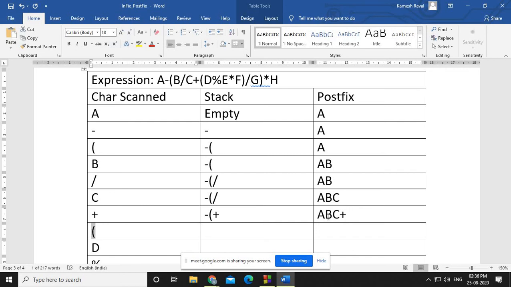It is again an opening parenthesis. So now minus, opening parenthesis, plus, and one more opening parenthesis, right? So here everything will be as it is. Now what we have is D, that means minus, opening parenthesis, plus, opening parenthesis. D is a